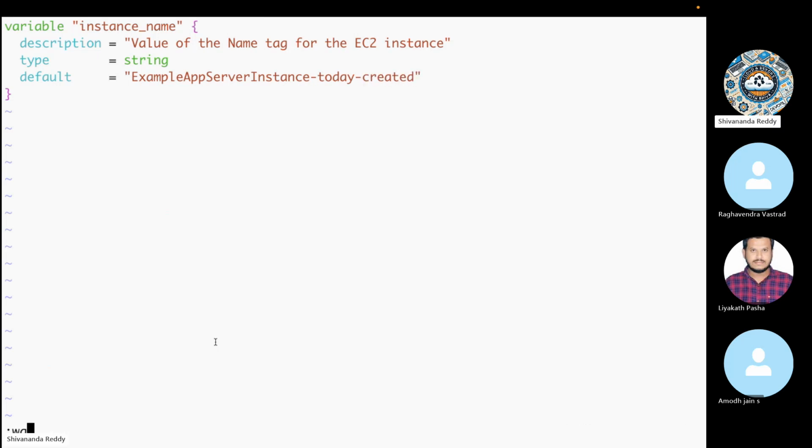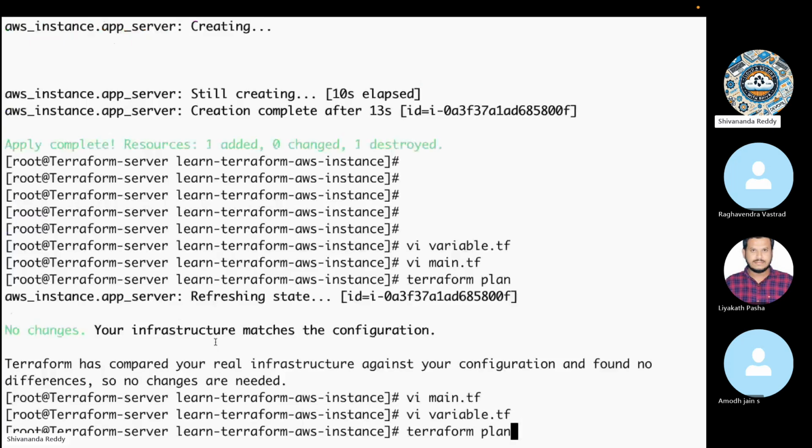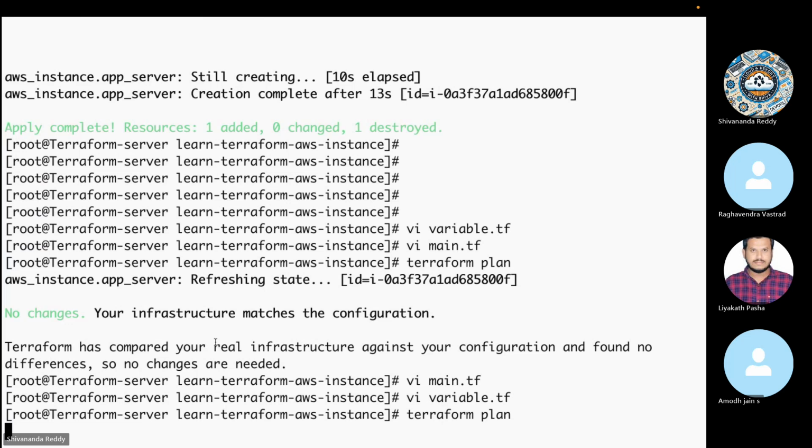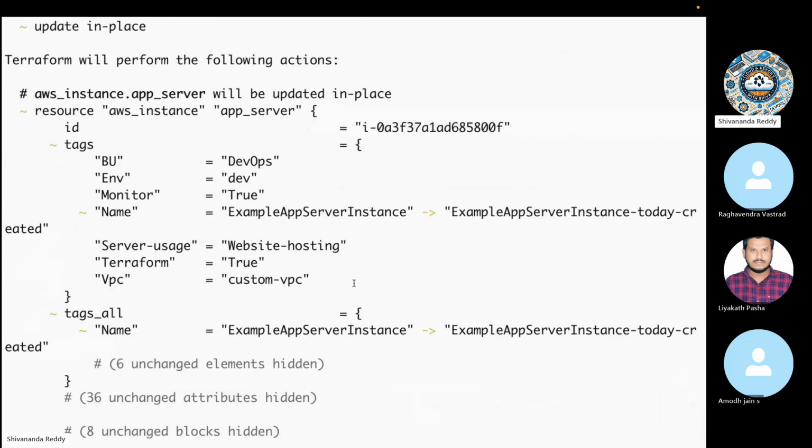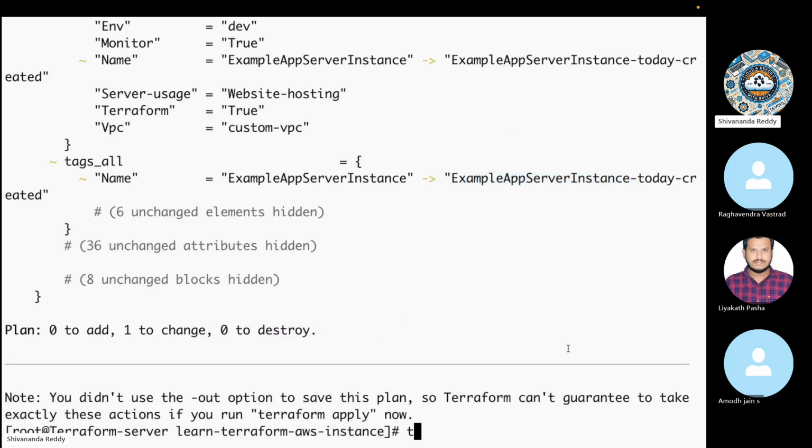Let's see now. Terraform plan. We are able to see one to change. What is it trying to change? Only the name is changing. You can see the old name is this one, the new name is this one. It's trying to change. If I run the Terraform apply,